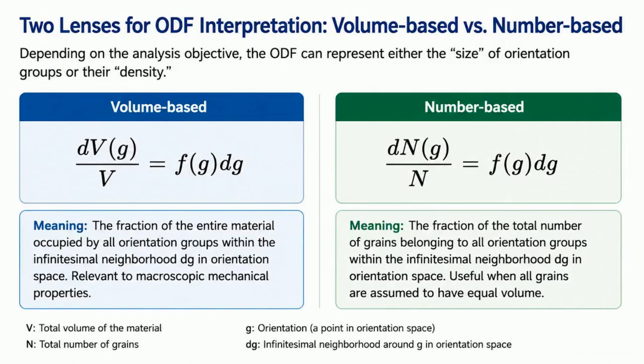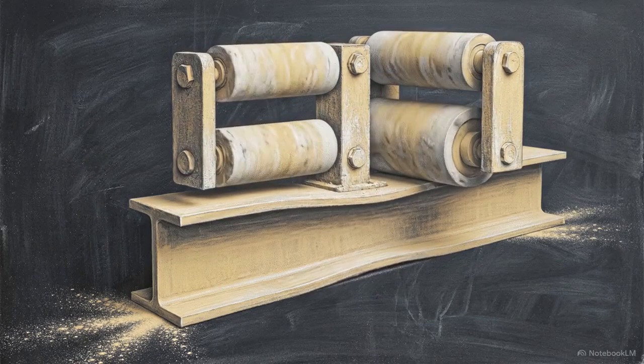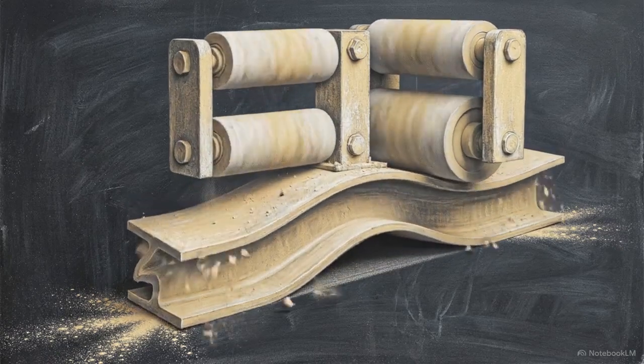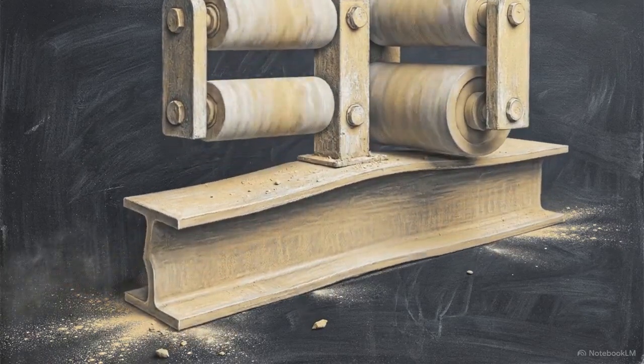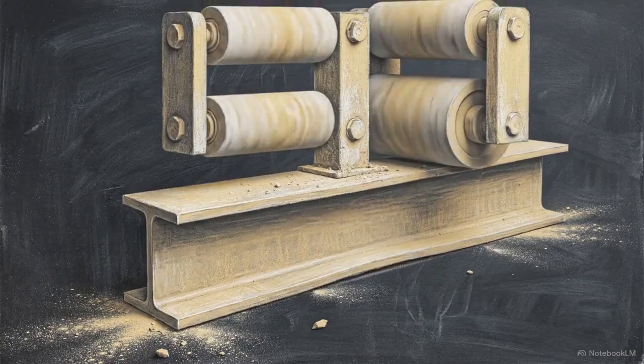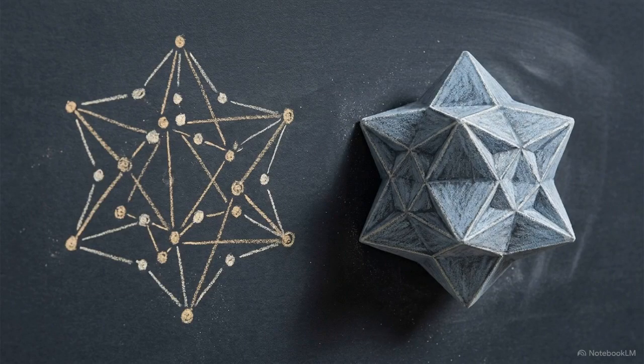Depending on the engineering objective, this derivative can be interpreted in two different ways, either as a physical volume fraction outlining macroscopic behavior or as a discrete grain number fraction. Grounded in volumetric calculus, the orientation distribution function operates as a strictly defined property of continuum mechanics. Returning to the experimental challenge, our instruments only measure two-dimensional pole figures, but accurate mechanical predictions demand the full three-dimensional